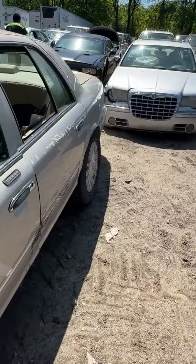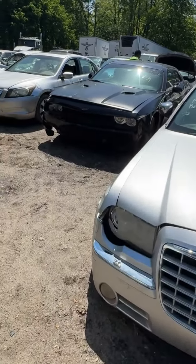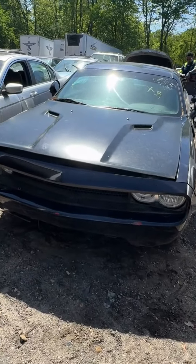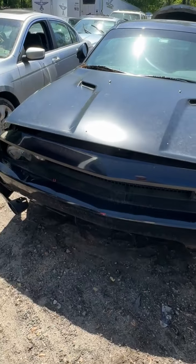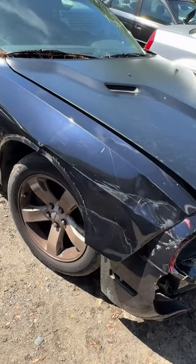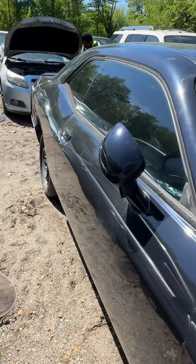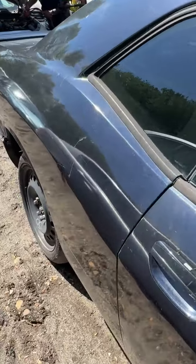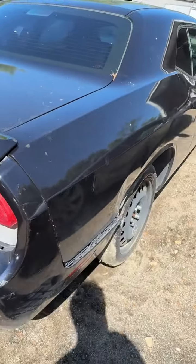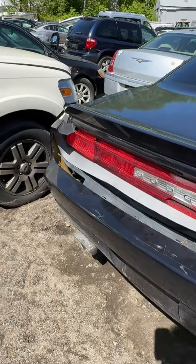Coming up, we have lot number 38. Looks like a Dodge Challenger. It's going to be a 2012 model Dodge Challenger. No key on this one. Take a look at the front end, and damage right over here on this side of it. Looking down the side, got the spare tire on the back end back over here. And look at it from this side and come back around,